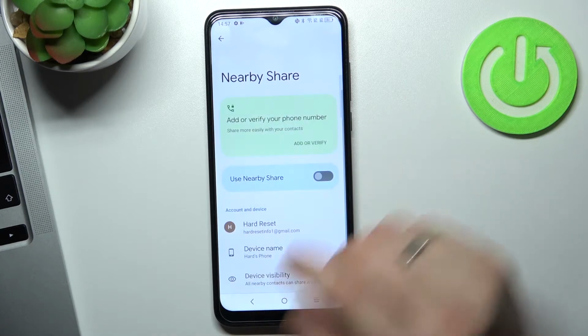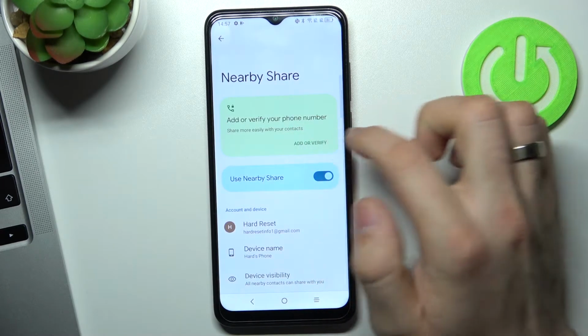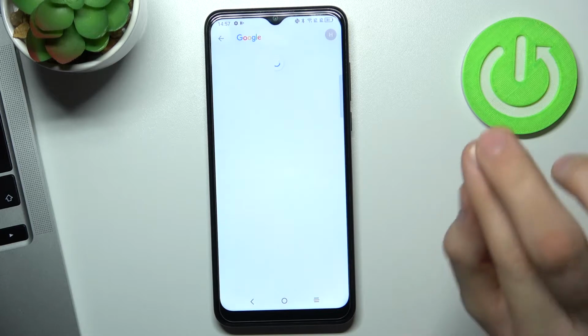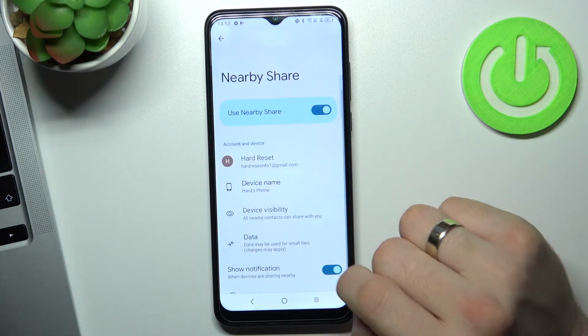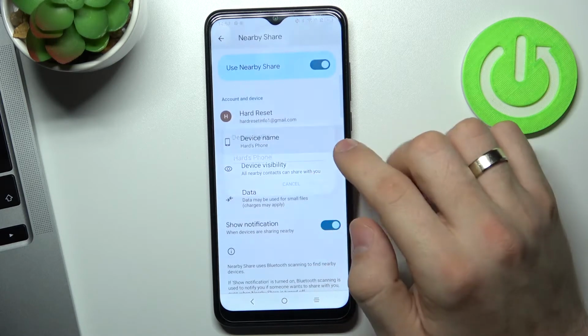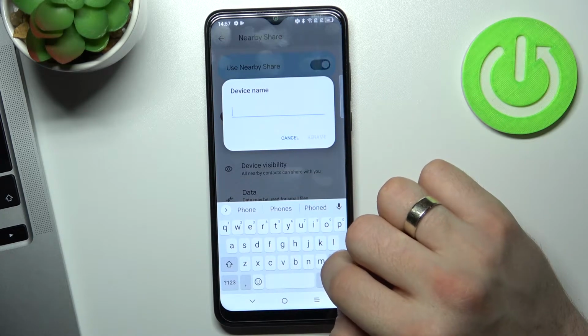Click Use Nearby Share, click Add or Verify, scroll down, and choose Yes, I'm in. Cool, now you can rename your device, for example